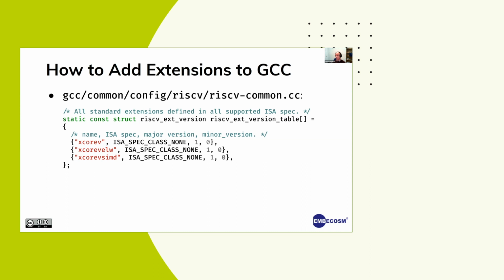CORE-V SIMD has the best part of 200 in it. So first of all, we have to add to that table, giving it the textual name of the extension. These can all go in ISA spec class none. That's fine for these general things, so we don't have to do anything funny with the ISA spec.